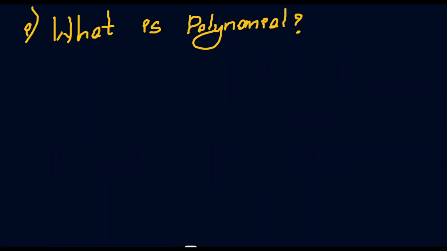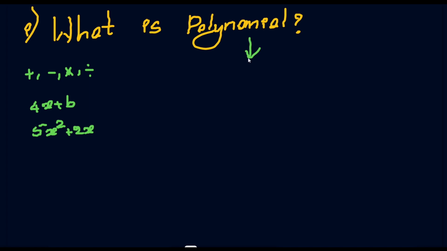So what is a polynomial? We already know, since we have been doing math problems from our first class, very basic problems like plus, minus, into, and division, right? All these are algebraic operations. Along with algebraic operations, we know some expressions like 4x plus c, 4x plus b, or 5x square plus 2x. We all know these kinds of equations, right? All these equations are actually known as polynomials.